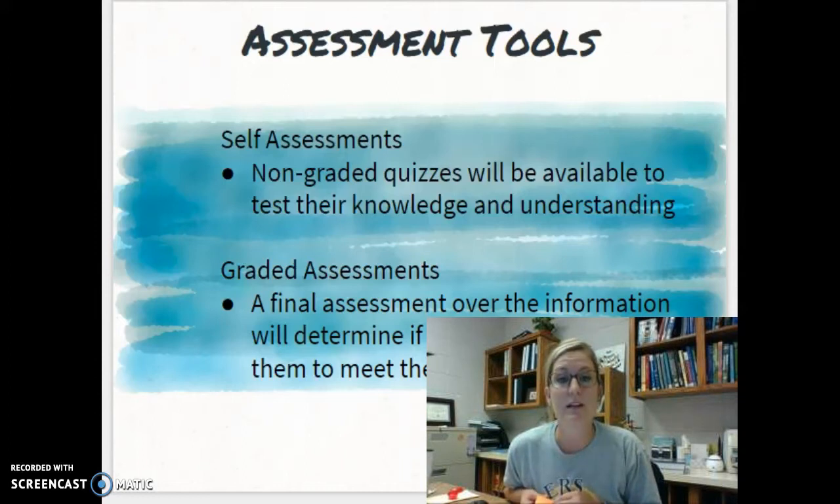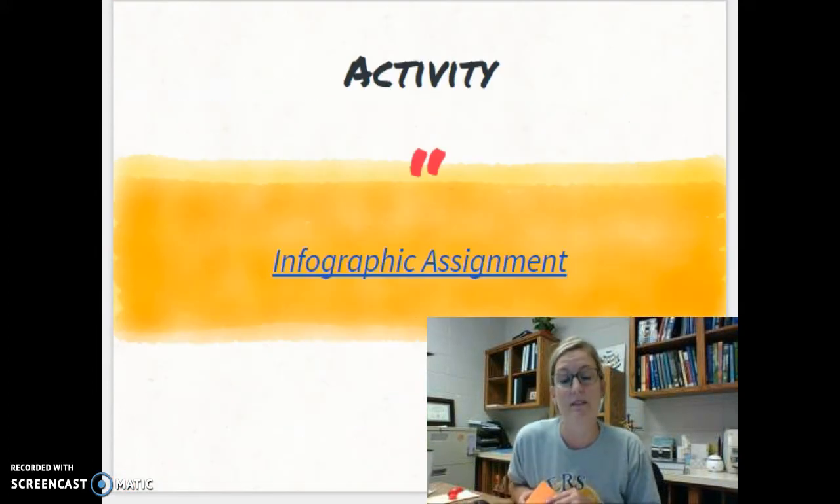The graded assessments, I do have a final assessment at the very end, but then also have them doing an infographic assignment, which I think pulls my objectives and my outcomes all together. The infographic really requires them to truly understand the information well enough to explain it through graphics and simple text. And so this activity is made to create an infographic for the public's viewing. So it kind of brings in that real world